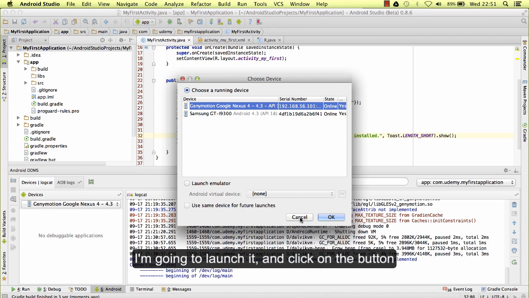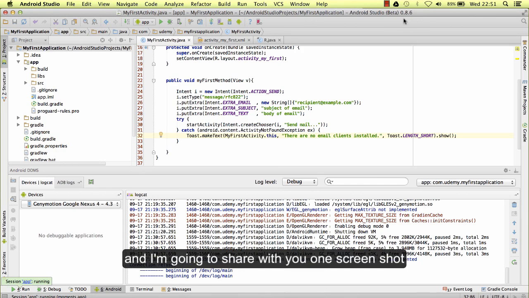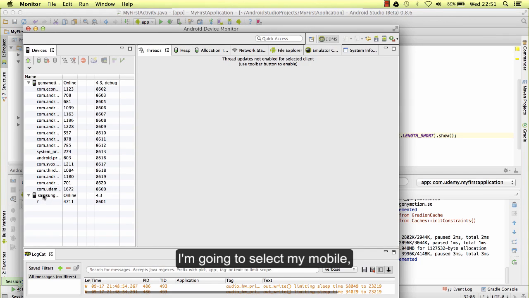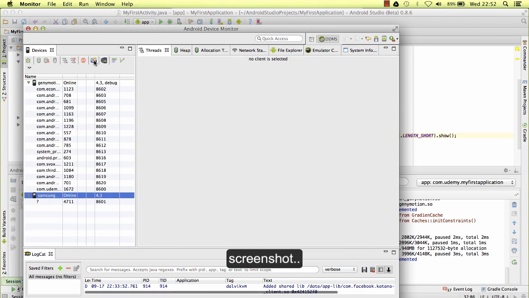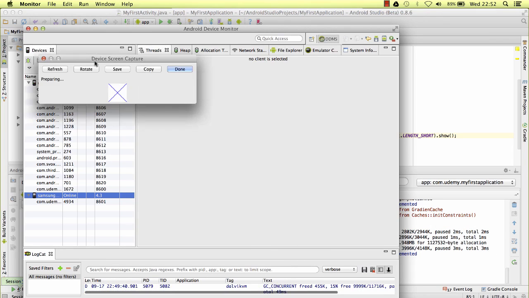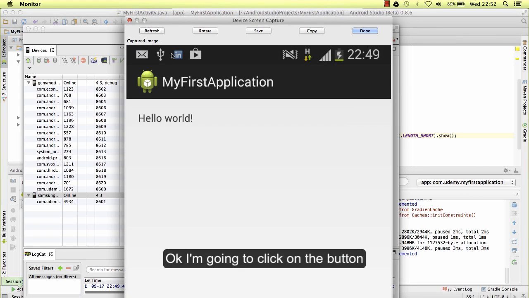Okay, I'm going to launch it and click on the button, and I'm going to show you one screenshot. I'm going to select my mobile, one screenshot. Okay, I'm going to click on the button,